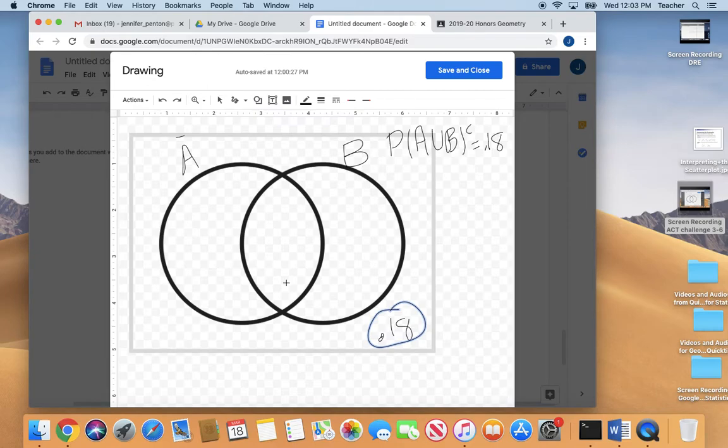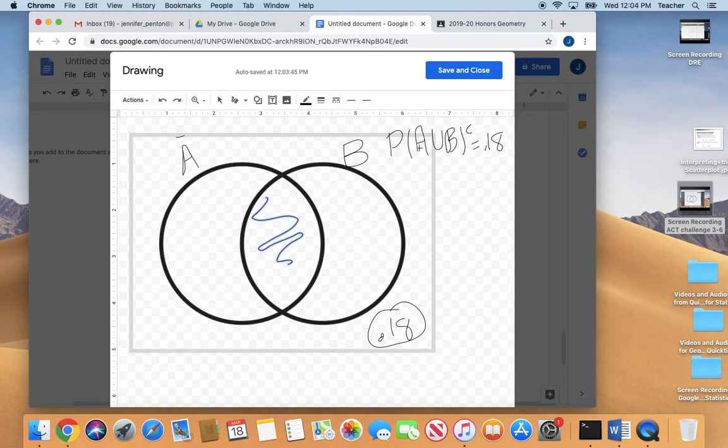So if you're finding the probability of A or B, you could either take the probability of A plus the probability of B and then subtract this area, or you could add these three, this number, and this number together, so that you're only counting these people here in the and section one time. Okay, so